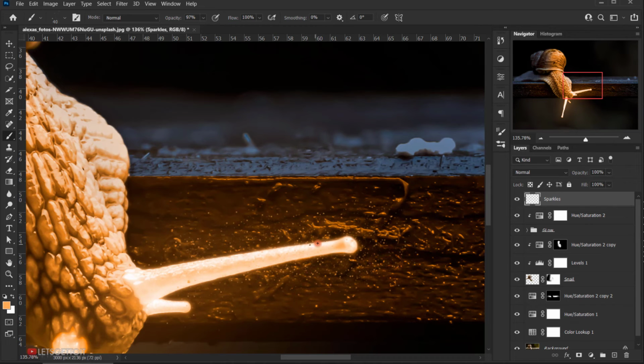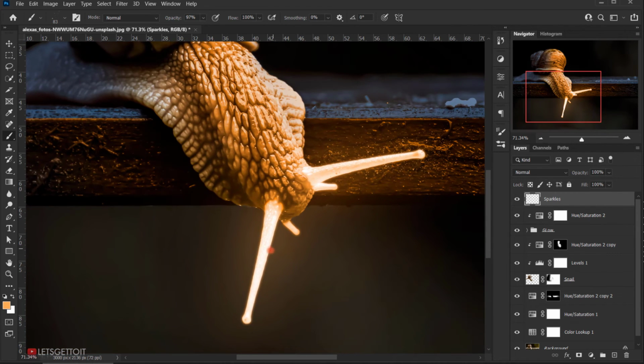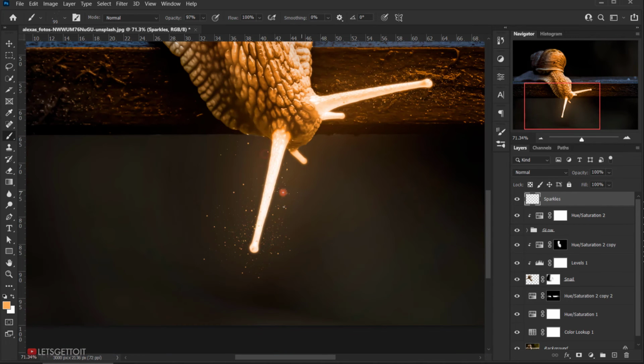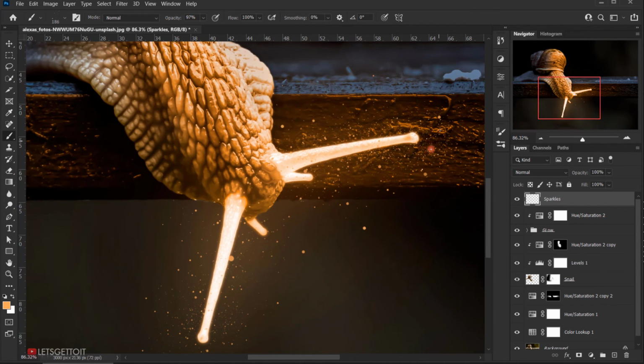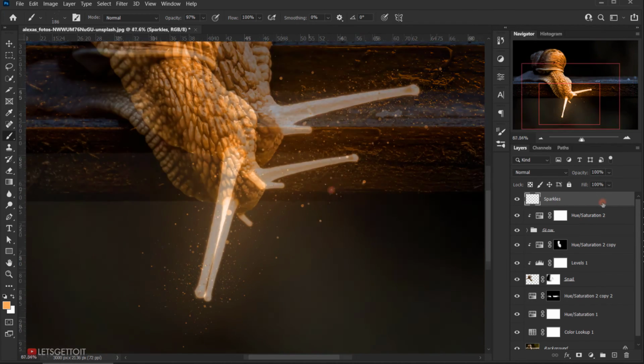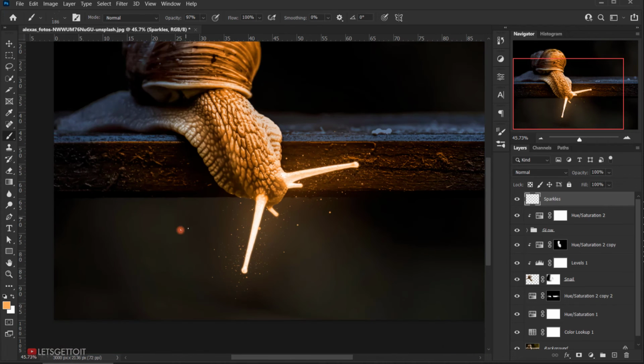But as you can see, it looks very nice, and we can even make it bigger, and this part in here. Alright, I think they look nice. Now we can